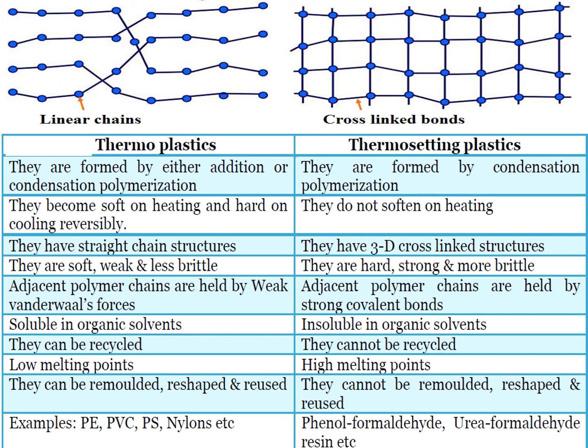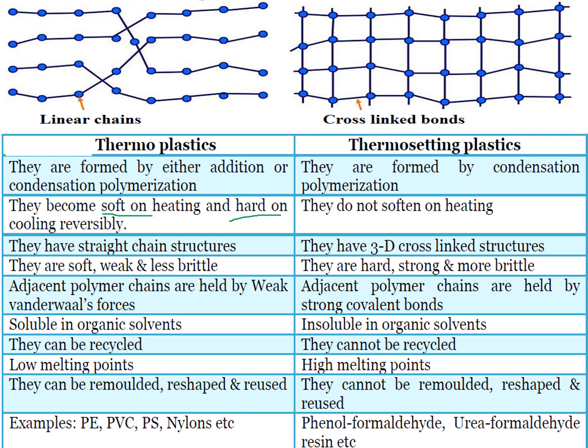Into thermosetting and thermoplastic. First of all, we discuss what are the differences between thermoplastics and thermosetting. Thermoplastic means the polymers which become soft on heating and which become hard on cooling are called thermoplastic polymers. That means you can make it soft many times by heating. That means you can reshape the molecule many times. For example,